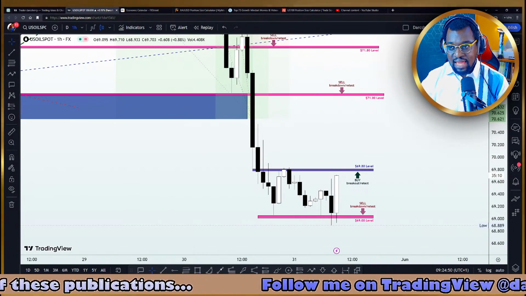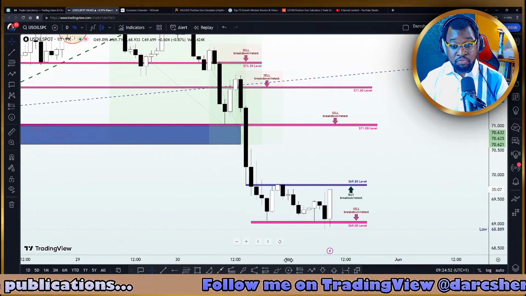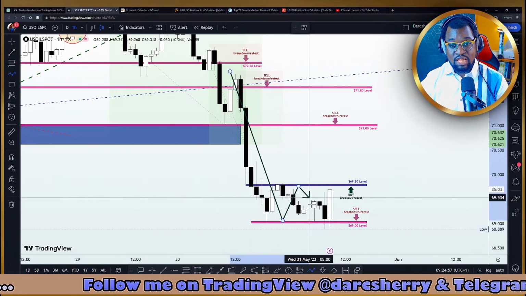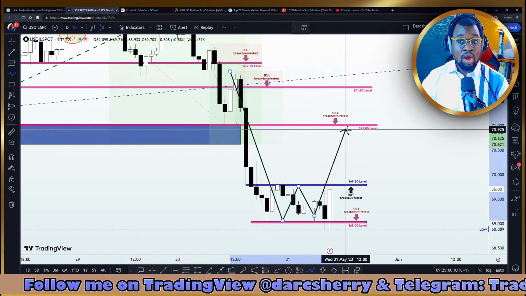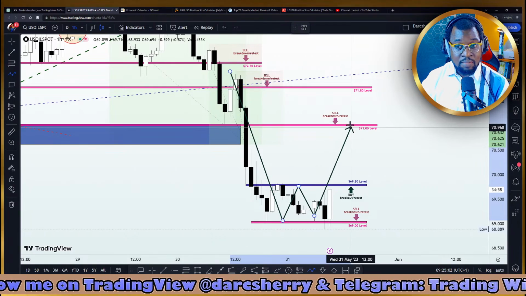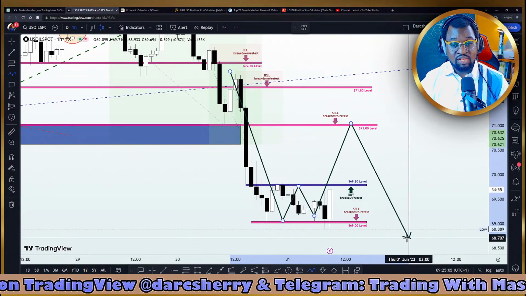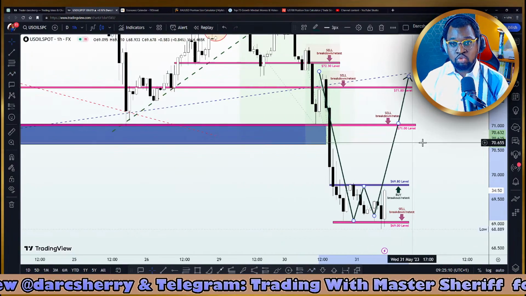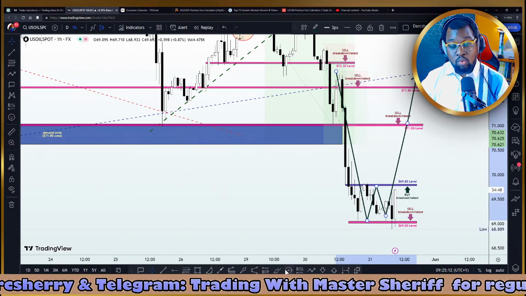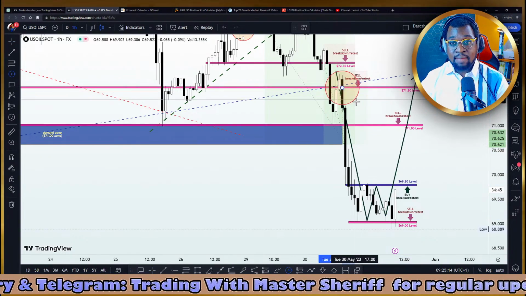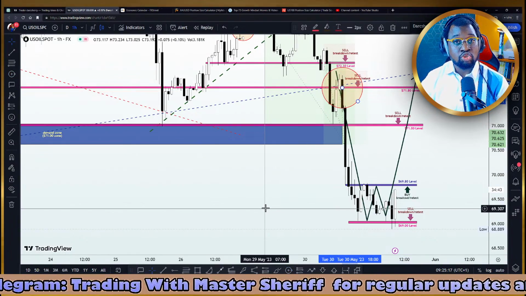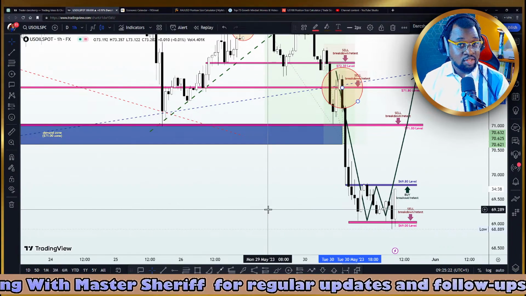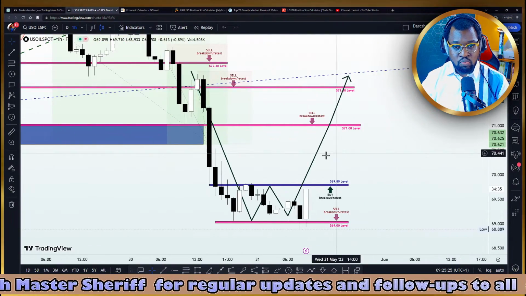And remember what we said earlier, that whenever price action breaks down a key structure, just like what we have here, there is a likelihood that price will come back to do a retest of that level, probably to incite another wave to the downside. And in fact, we also have a trend line here, which was also broken during the course of last week, which is another potential zone where price could come into to incite another wave to the downside. So these are the things we are going to be taking into consideration while we continue to monitor price action